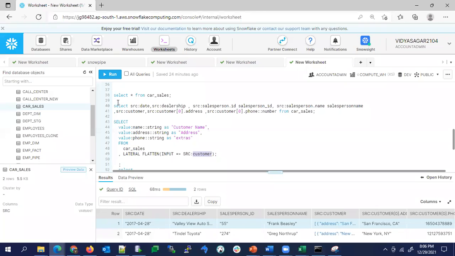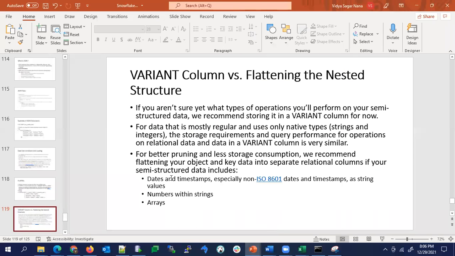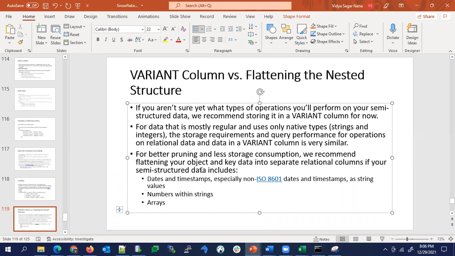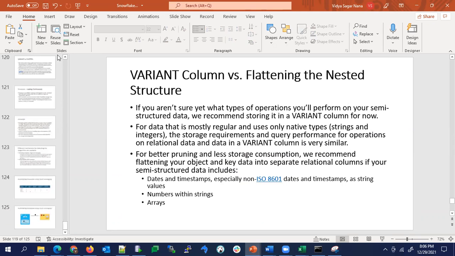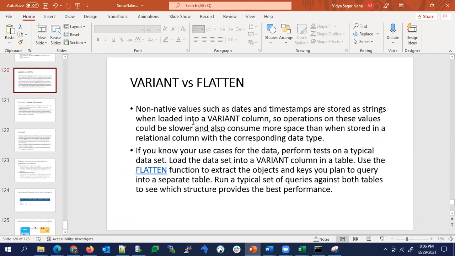They are saying you perform your operations using the normal SQL query and perform the same operation using this flatten function. Based on your operations, for better pruning and less storage consumption, they say to use the flattening view of that object, and numbers within strings.